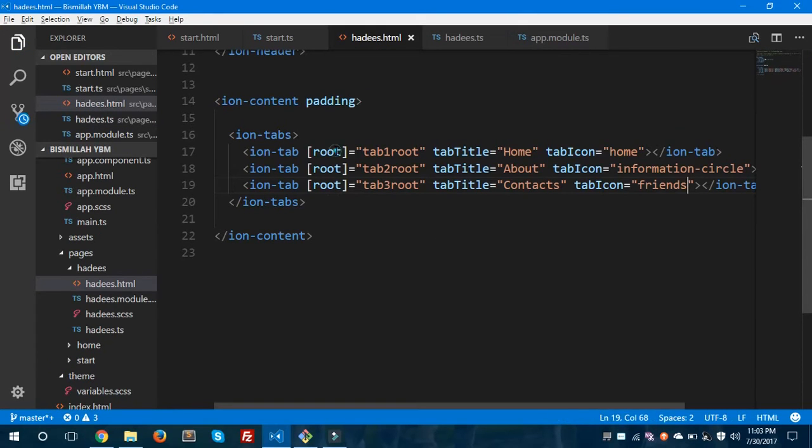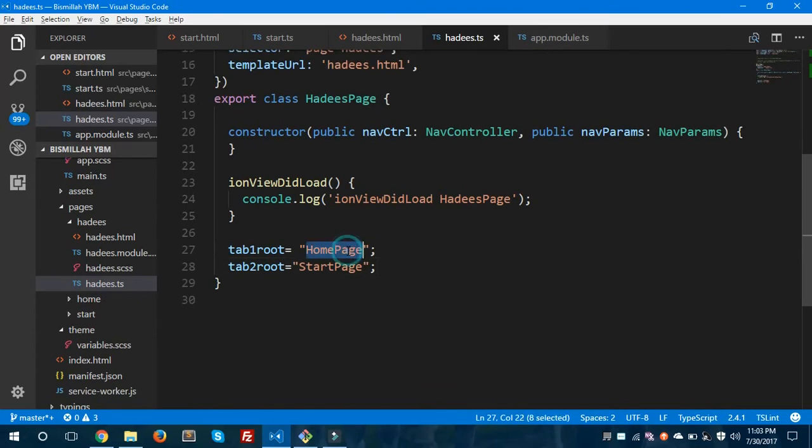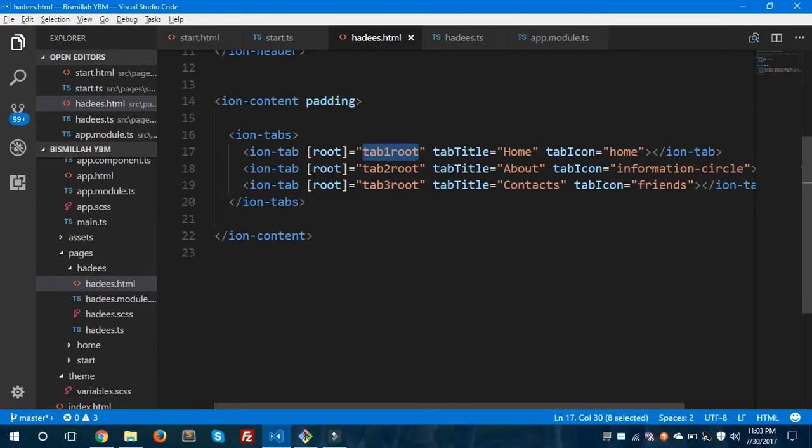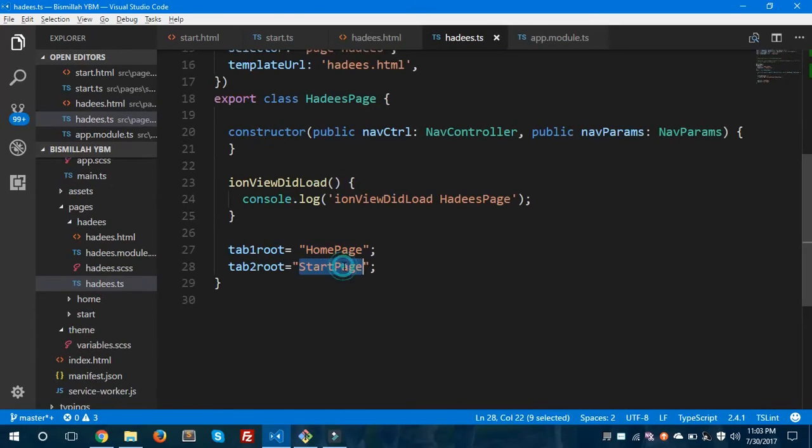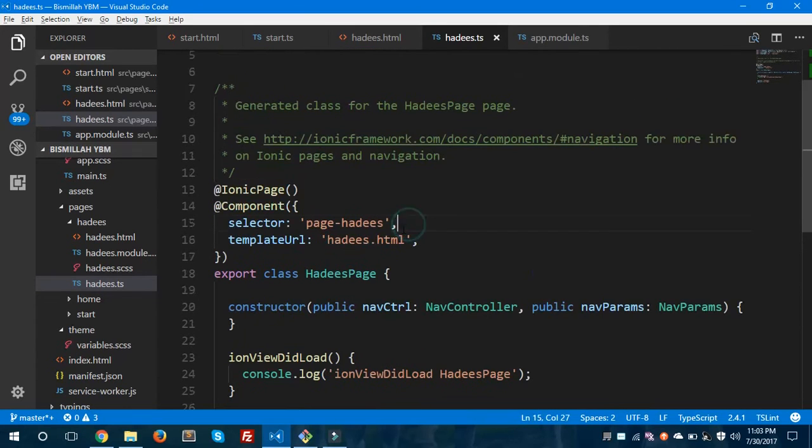As you can see here, when this tab gets clicked, this tab 1 root will assign the home page to the content, and when this tab 2 root gets clicked, the start page will be assigned to the tab 2 root page. So let's save these two files, and now we'll see